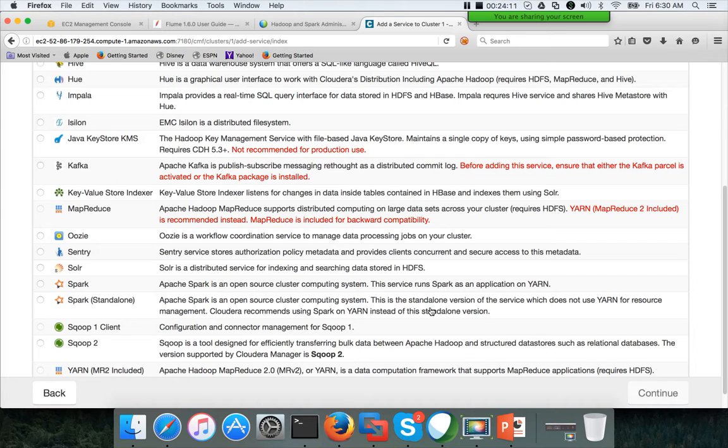For development environments or for POCs, you can take the defaults of most of the memory parameters. But while setting up the production cluster, you have to review, and if required, you have to make the changes. And most likely, you will end up making the changes. Okay. So once you make those changes and hit continue,